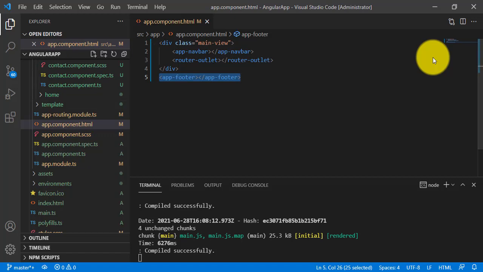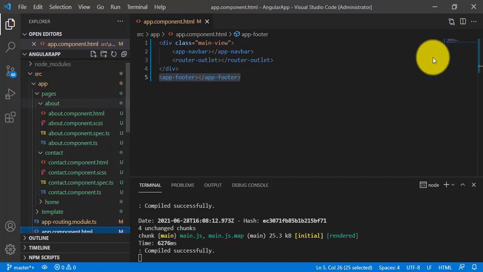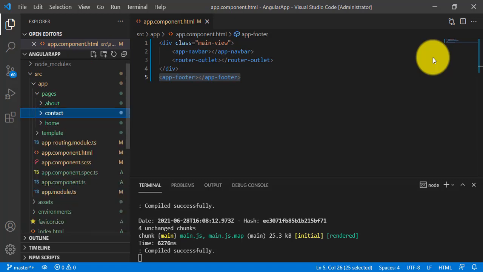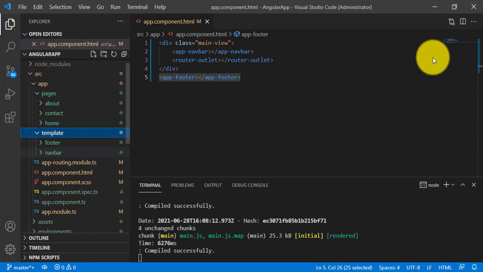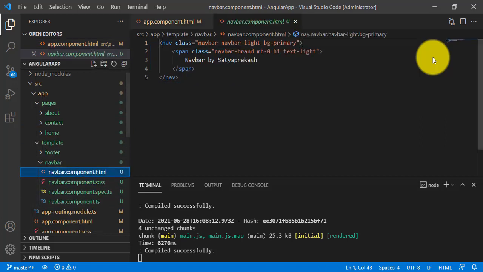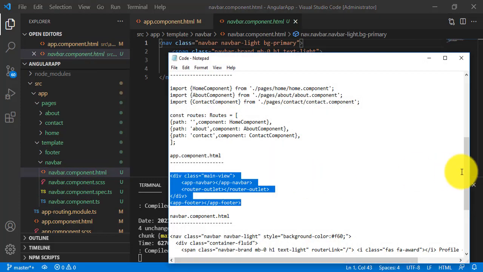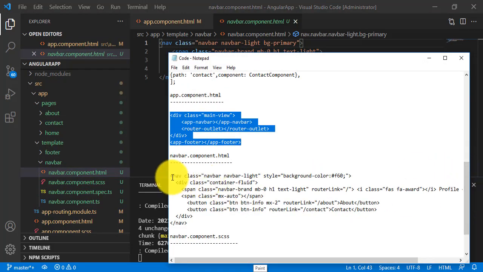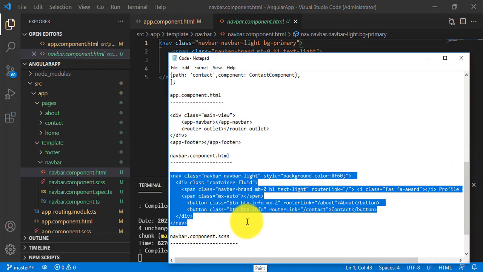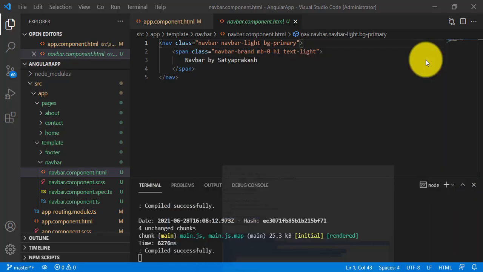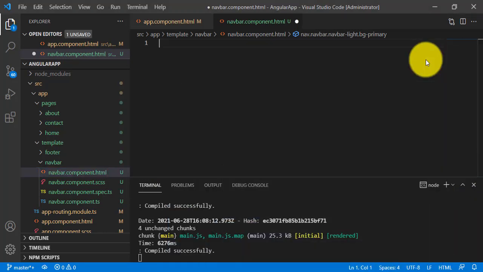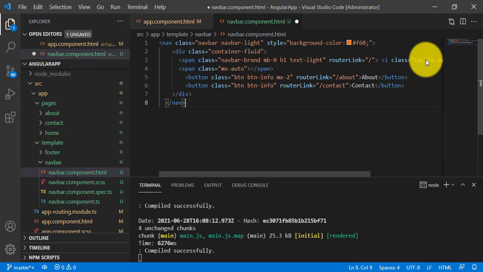So if you go here, we'll collapse this, and if you go to template, navbar component, and the navbar.component.html file, here I'll add this code, and in this code I'll describe what it does. So I'll just remove this existing part and I paste this one.